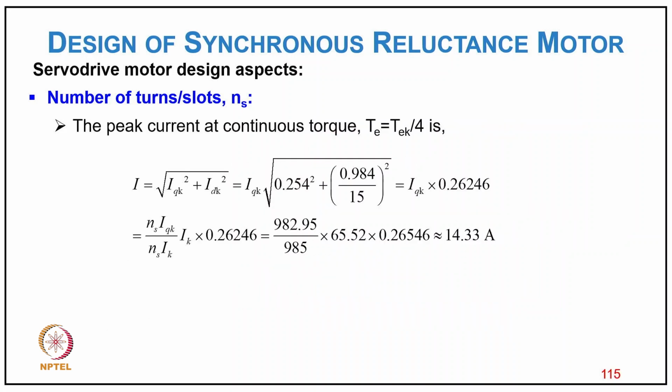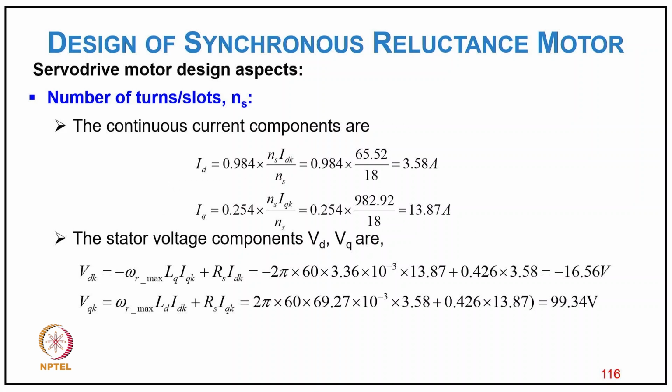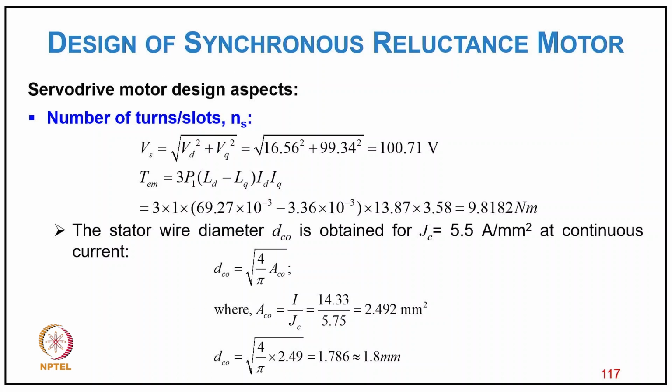54.722 ampere, and the number of turns per slot Ns equal to peak current density TP equal to TK by 4. So I equal to IQK square plus IDK square, putting a value comes like typically 14.33 ampere, and the continuous current components are ID equal to 3.54 ampere and IQ equal to 13.87. Next, slot voltage component VDK comes to 16.56 volt, and VQK comes 99.34 volt. And now Vs equal to Vd square plus Vq square, it comes 100.71 volt, and Tm comes 3P/2 (LD minus LQ) ID IQ, it comes